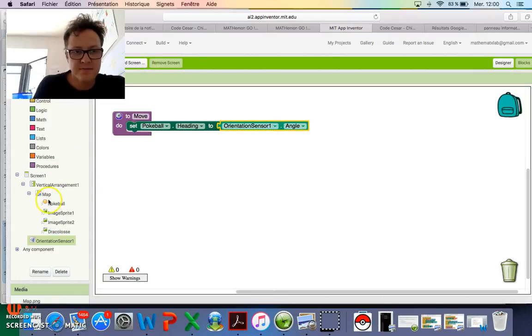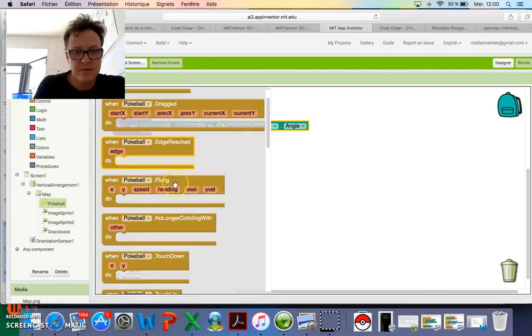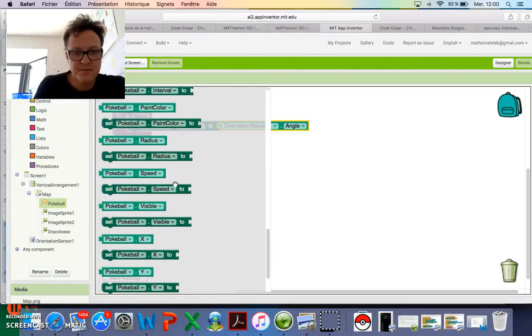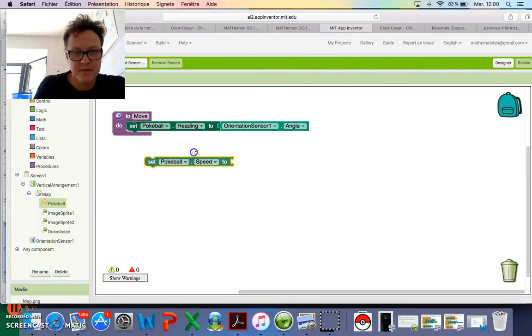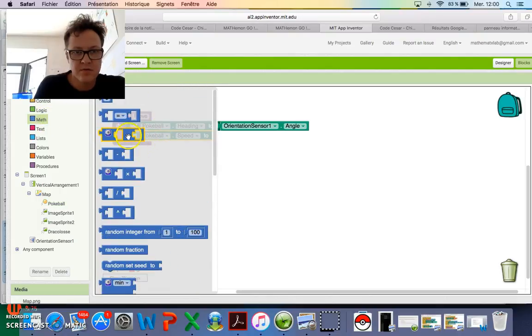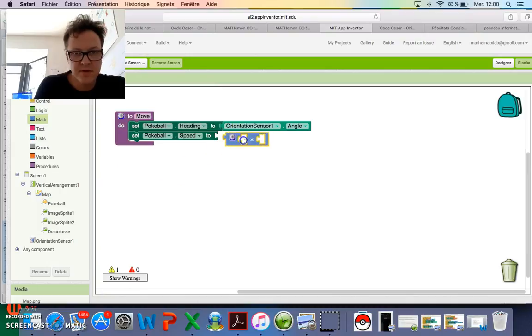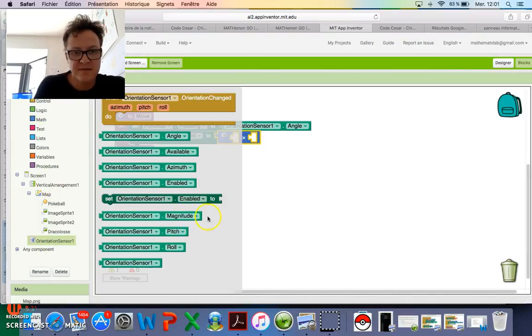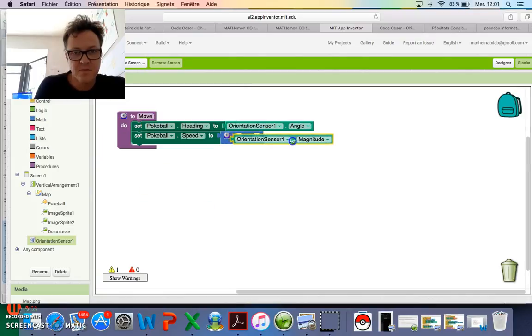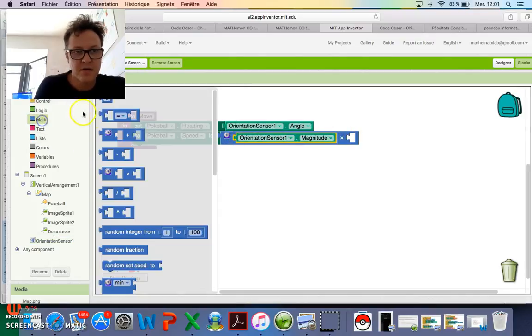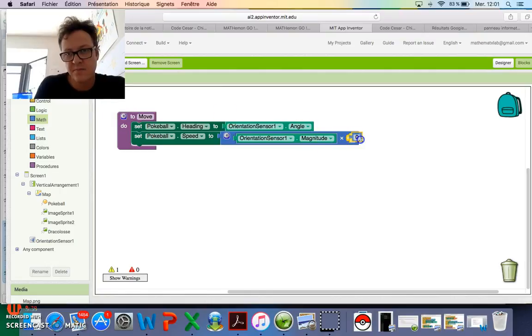And set Pokeball speed to, okay, we need a math block multiplication, orientation sensor magnitude times a number depending on the speed you would like to apply. So times 3 or times 2, never mind.